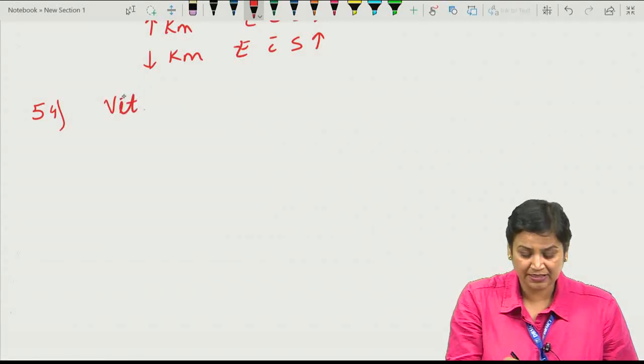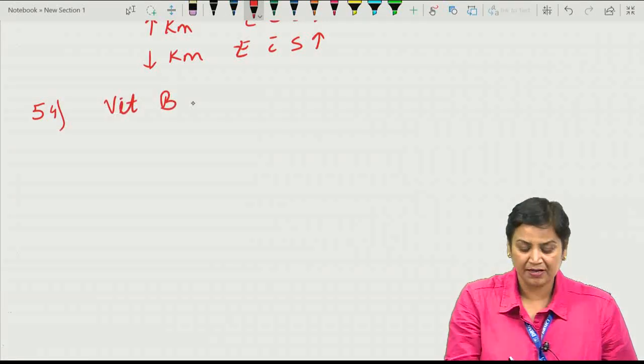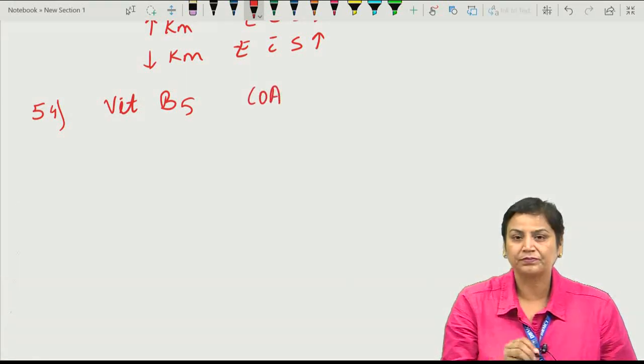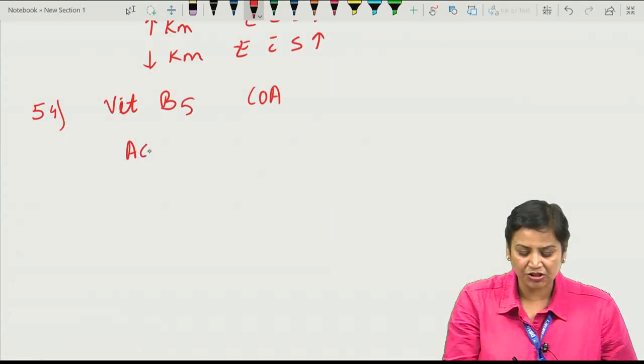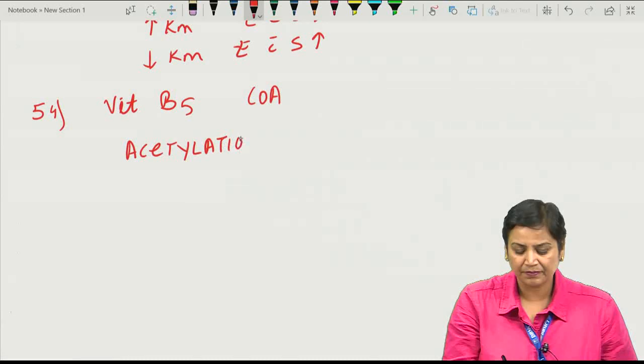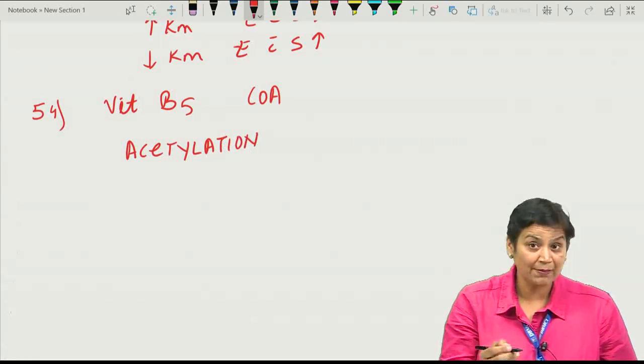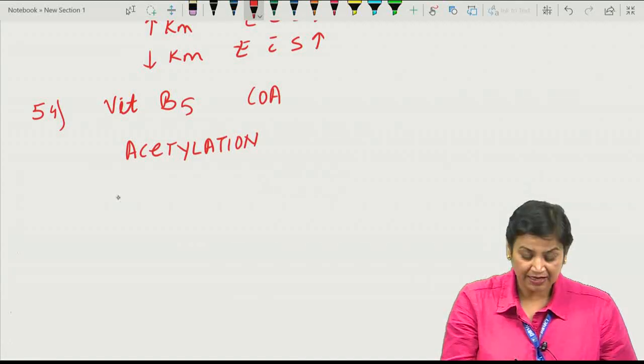Vitamin B5 is pantothenic acid, and the active form is coenzyme A. And it basically regulates what? Acetylation. Addition of an acetyl group, because if this coenzyme A combines with acetic acid, it forms acetyl CoA,